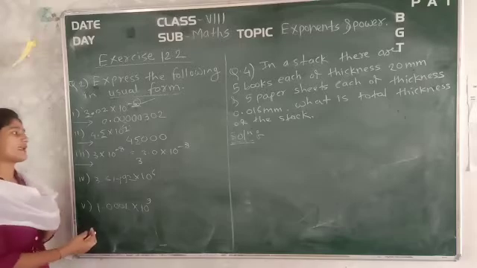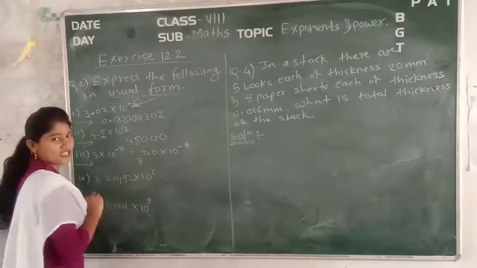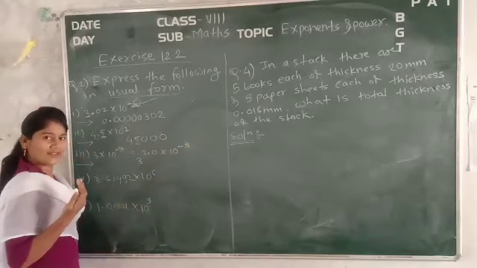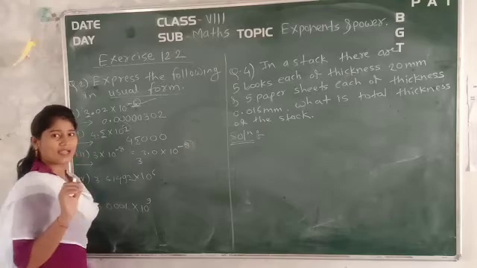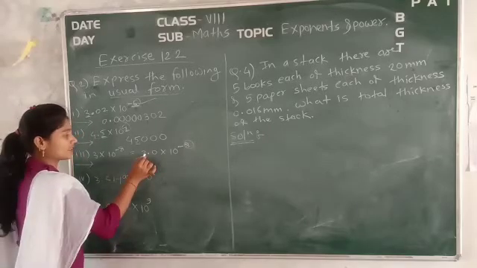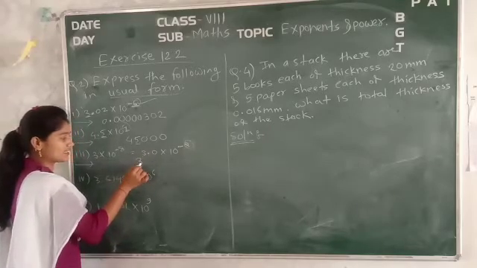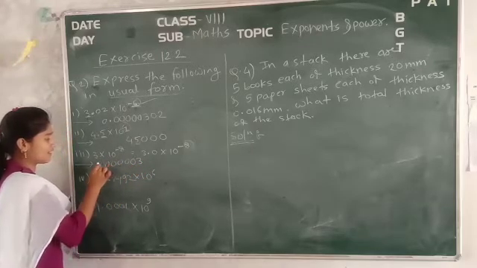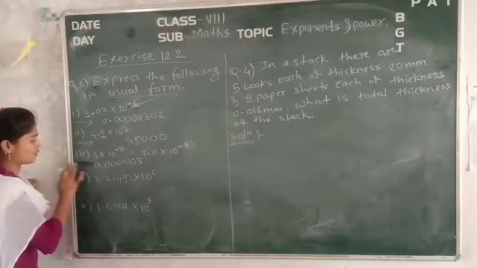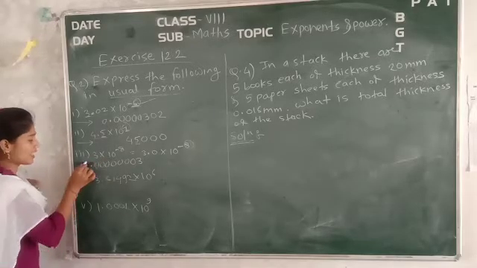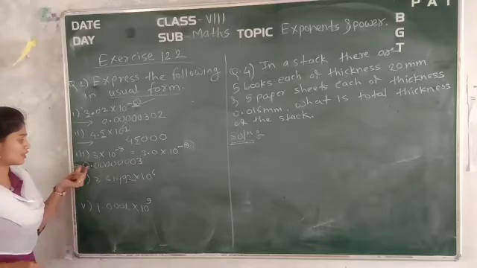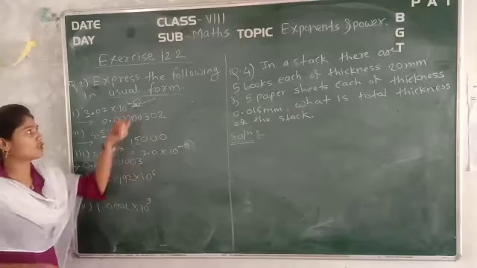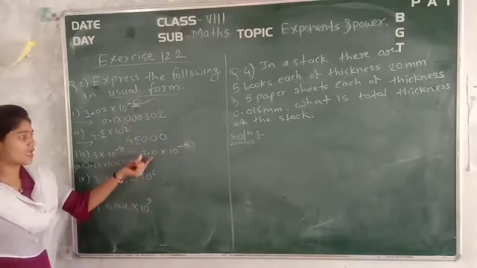Clear? 10 to the power minus 8 means what? The decimal point is present here, after 3. So it is negative. It means we have to turn to the left side, by how many digits? By 8 digits. So this one is the first digit: 1, 2, 3, 4, 5, 6, 7 and this one is 8. Before these 8 digits we have to keep the decimal point and it will be 0. It means in that way 0.0000003 will be the usual form, that is the non-standard form of the given number.